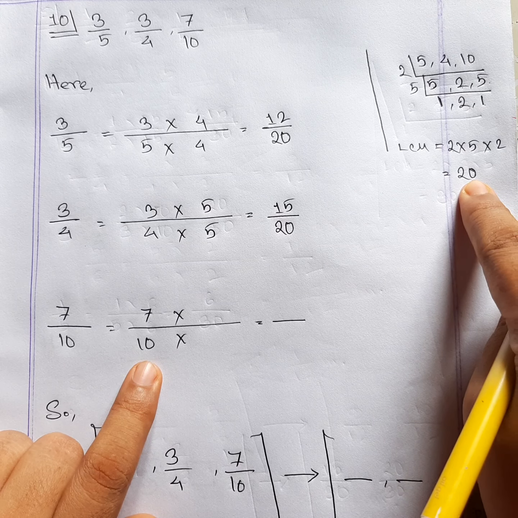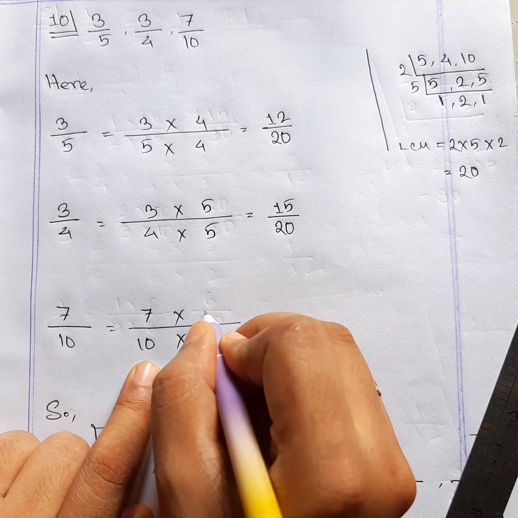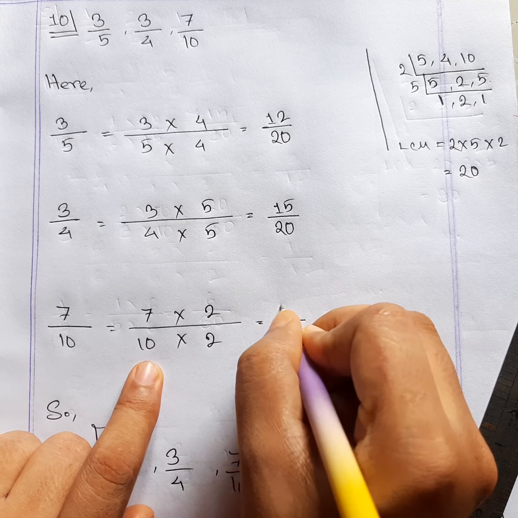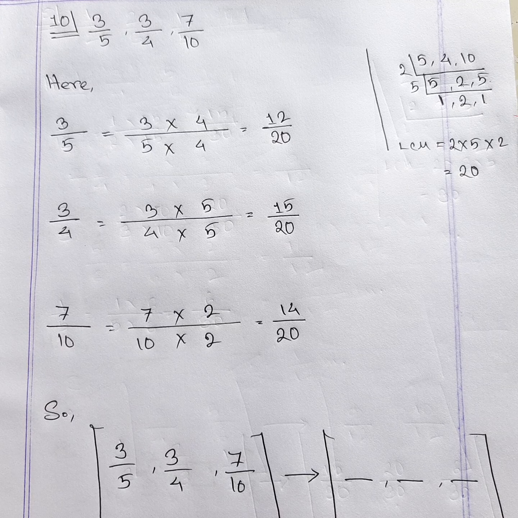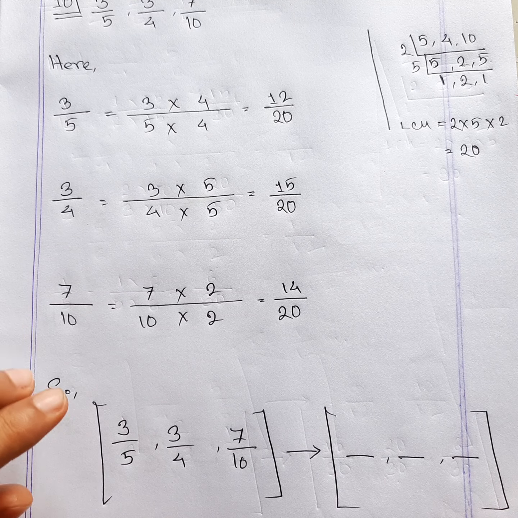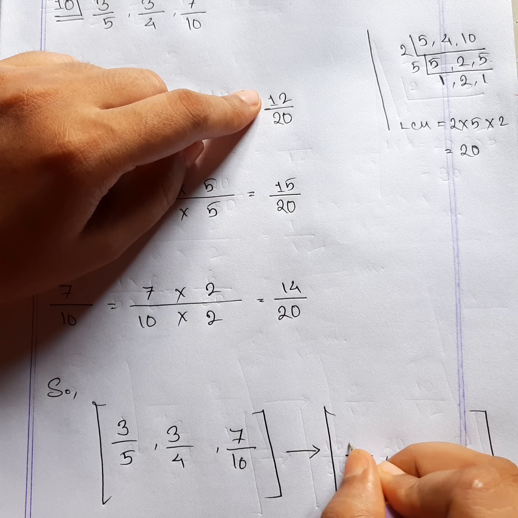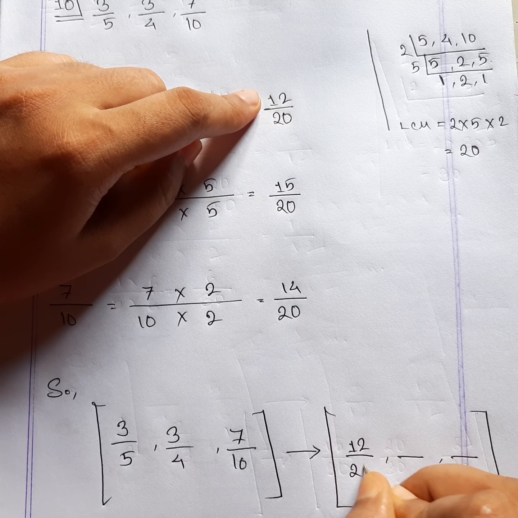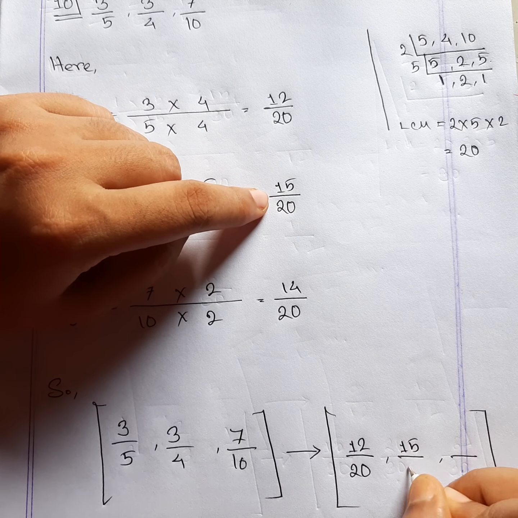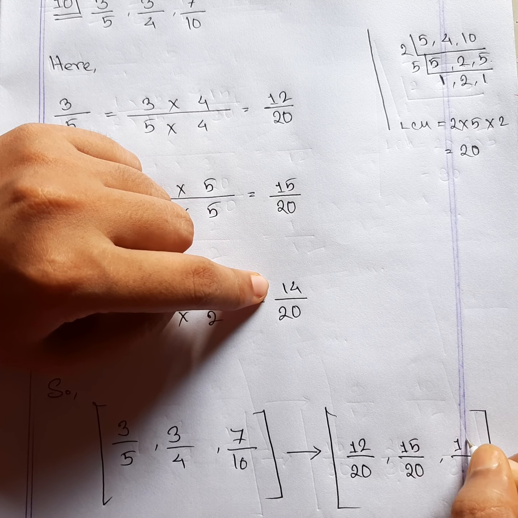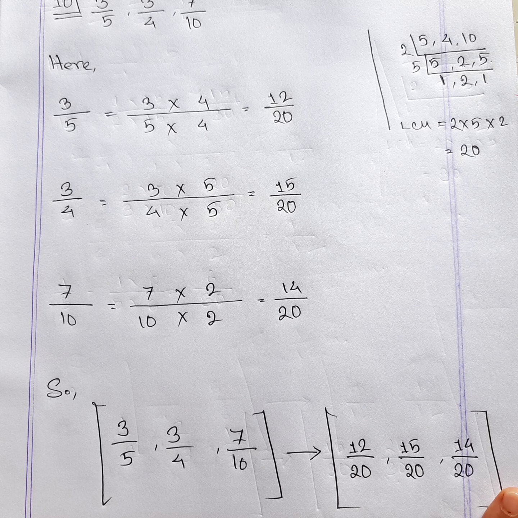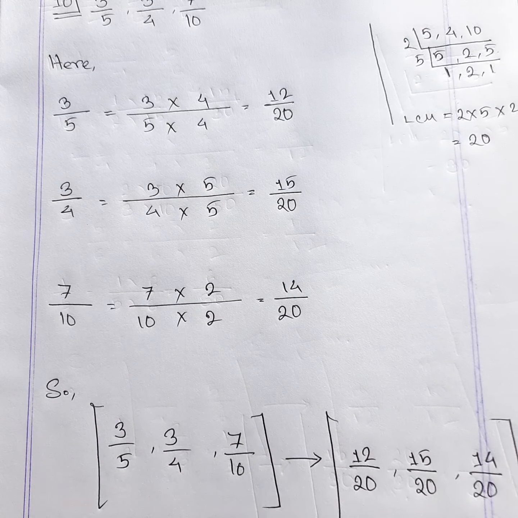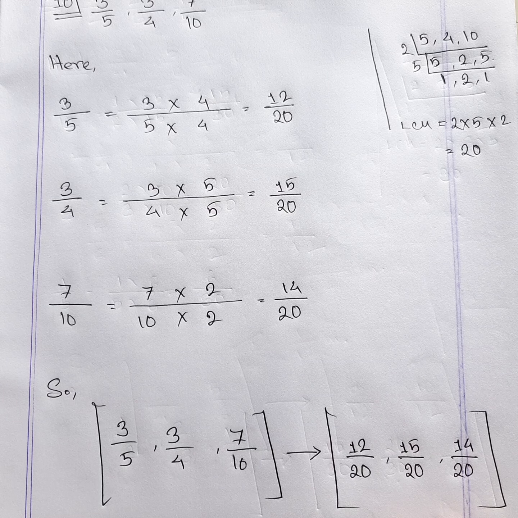Now dividing this one and that one, we'll get 2, and we are going to multiply that 2 over here. Done. Our math is done. So what we are going to do is just write down the first fraction, that one, and the third one. This is how we are going to do the math, and they are not hard. Please try to just practice them. I promise you, you can do it by yourself pretty soon.